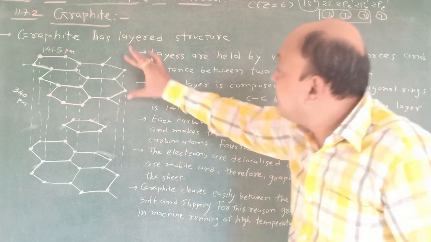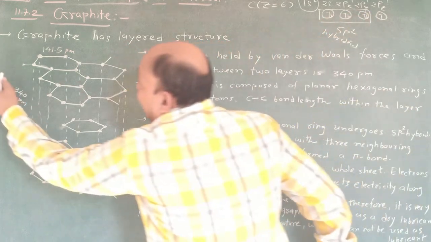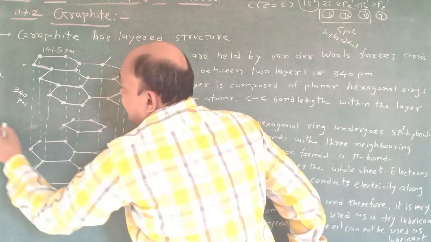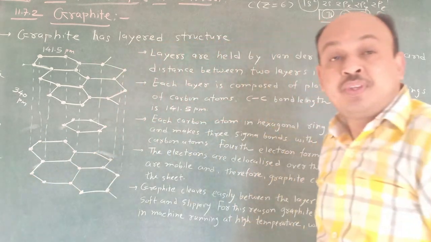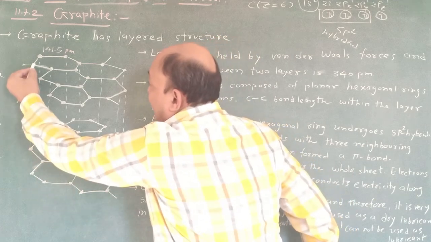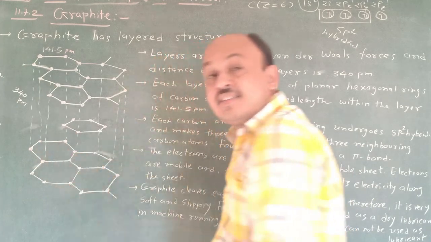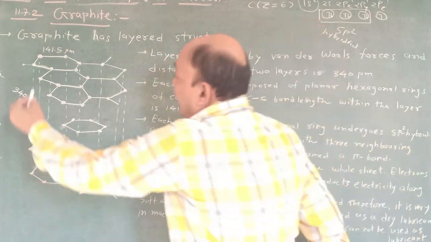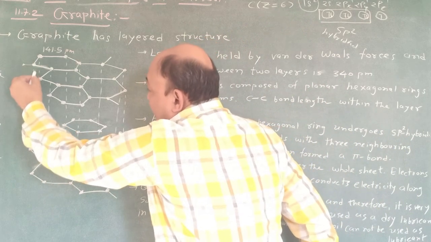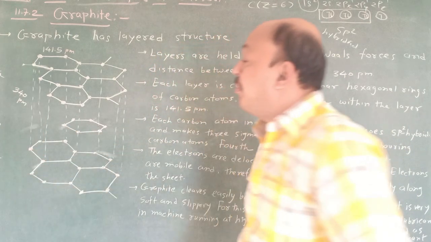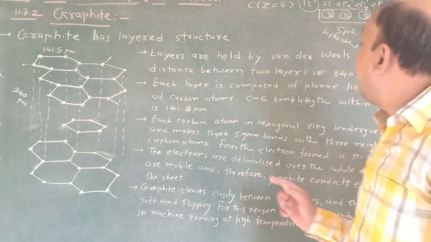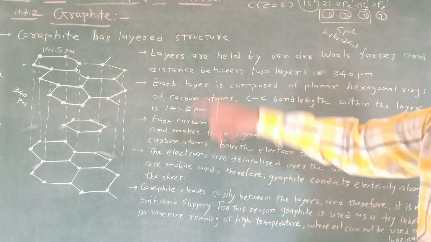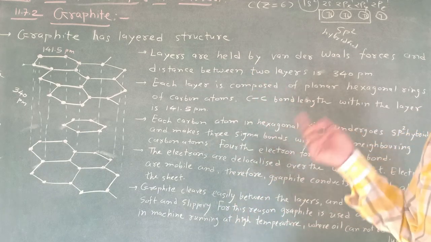But just see, this is the first layer. This is considered layer A. This is considered layer B. This is considered once again layer A. Okay, so just see, this layer and this layer are the same. Okay, and due to that, between this carbon and this carbon, the bond length is 340 picometer, which is considered as van der Waals force. It is due to van der Waals force they are held together.